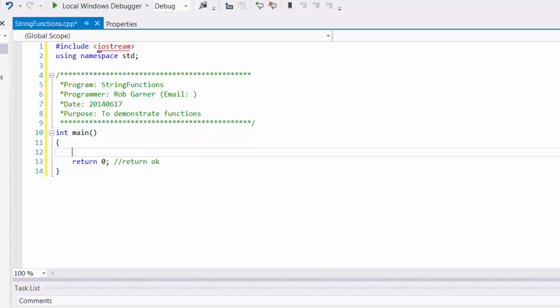And then we have our main function. So we've actually already written a function. The main function is in fact a function. But what we want to do is demonstrate